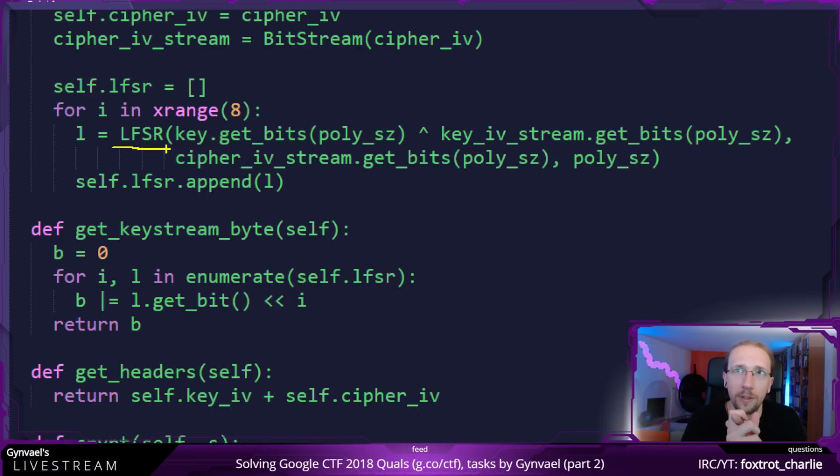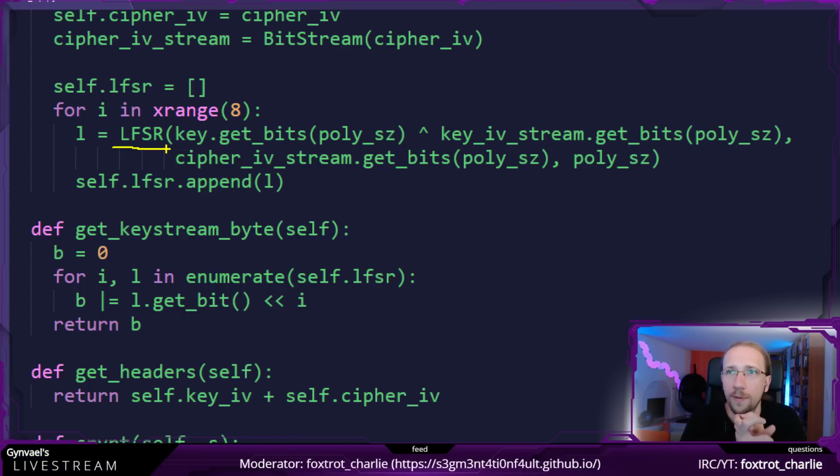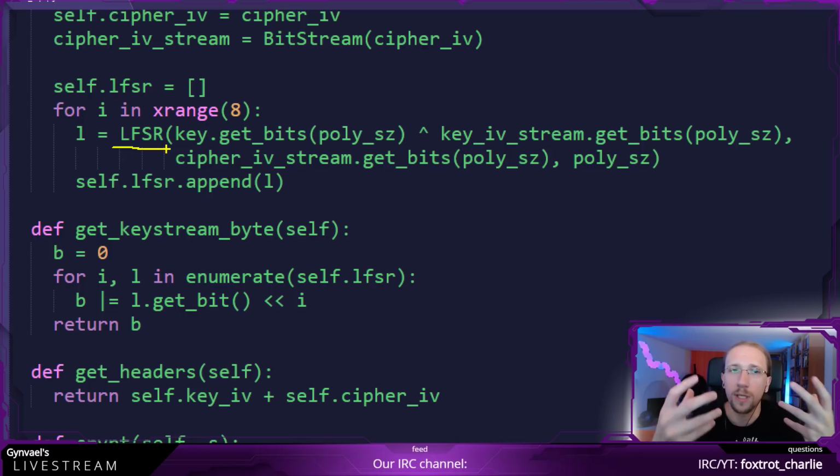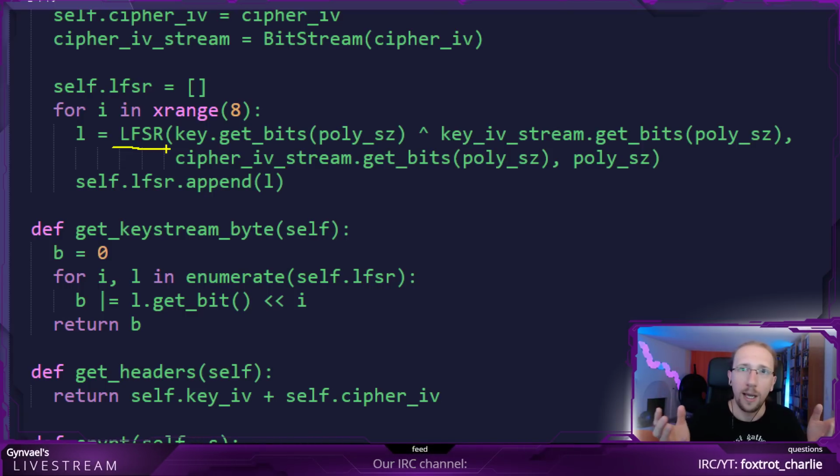But we do not know the polynomial. So for us, it's going to be a little bit harder because we need to get more bits than just the first 20. We do know the initialization vector, we do know the first 20 bits, that means we need to get some more bits, and what we can do is create an equation, like a math equation, which goes like this.